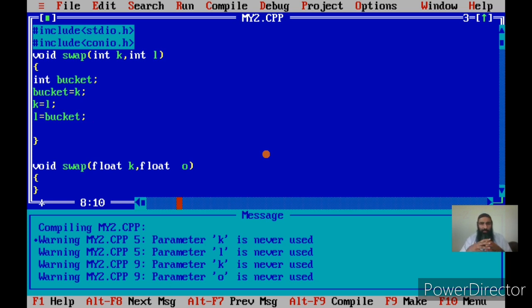I am showing you the technique where you exchange the contents of the two variables using a third variable called bucket, and it is similar to what we call as potting, where you have got two pots with the water in them, or you can take two pots. In one pot there is milk and in one pot there is water. You want to exchange the contents of the two pots. You want to get the milk of pot A to pot B, and get the water of pot B into pot A.